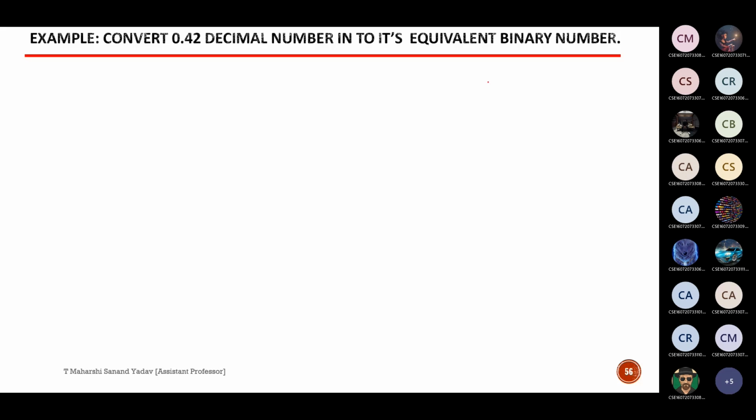So what is the first step? 0.42 should be multiplied with 2. So it will be 0.84. After this we need to note down this result, 0. Next again multiply it with 2. So 0.84 into 2 is 1.68. Now tell me, how should I write this one? Should I take 1 or else should I make it 0? After the point, subtract the first 1 and make it 0. So first we need to note down 1 and again we need to make it as 0.